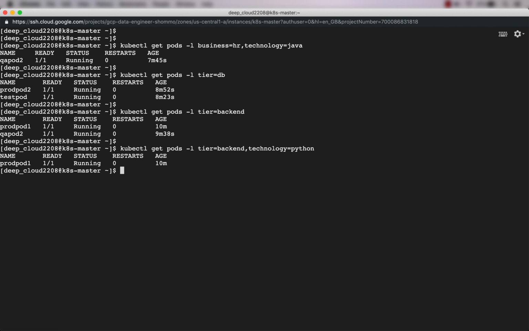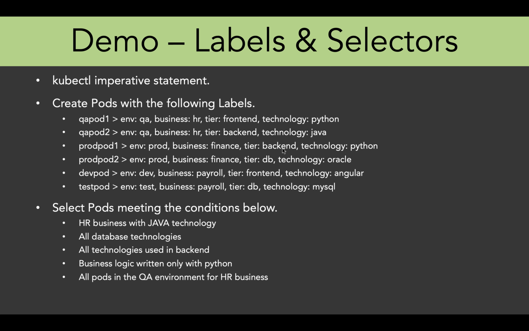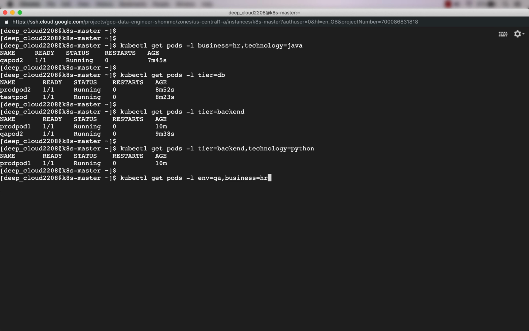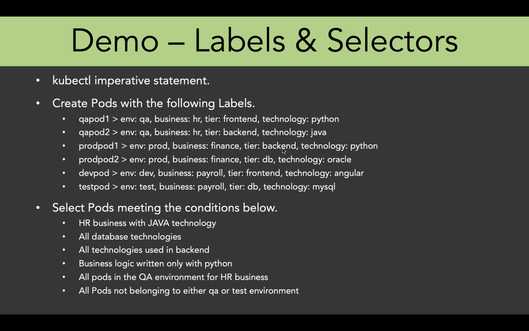This is the only pod with Python as the backend technology. Then we want to find out all pods in the QA environment for HR business. Should be very simple by now. This is the command and it should get us QA pod 1 and QA pod 2.